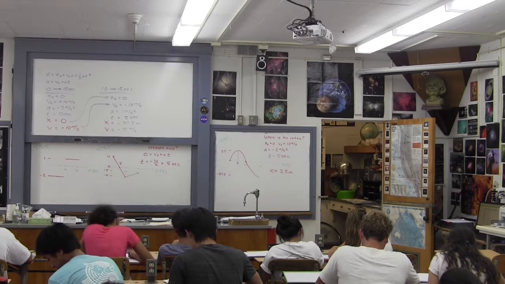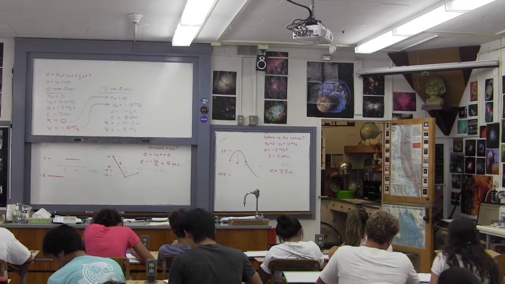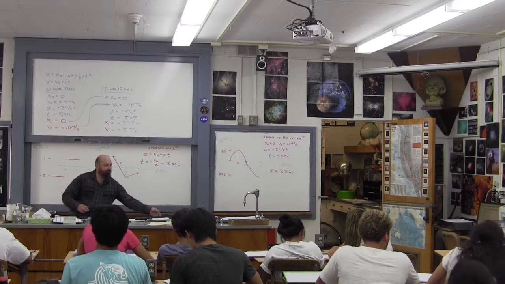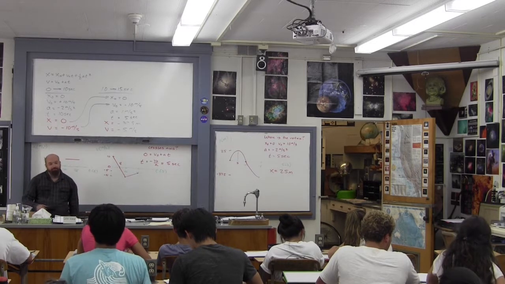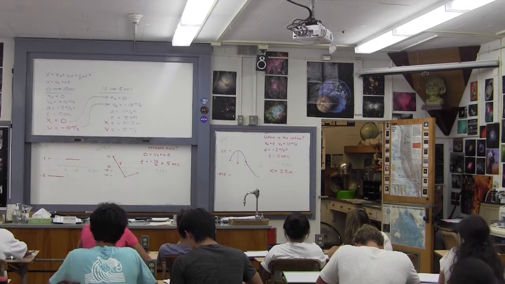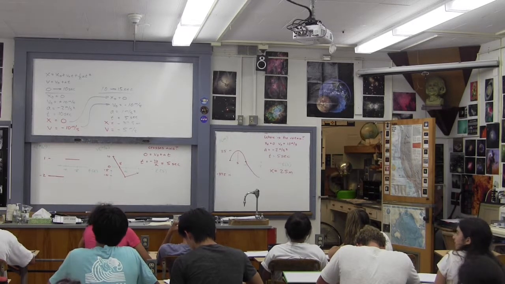What about V? V is 20. V or V naught? V naught. And then T equals 5. X equals